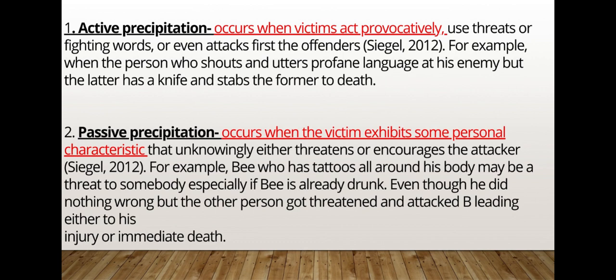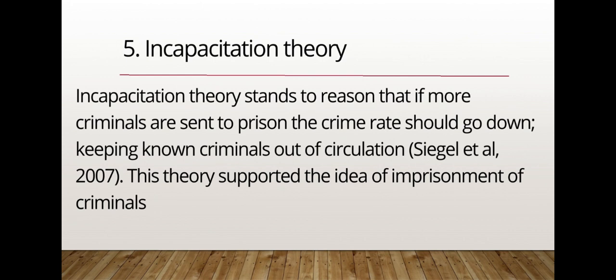Ngayon, anong ginawa ng mga tao na yun? Inunahan na si B, inattack siya. Ibig sabihin, sa pagkakaroon niya ng tato at pagiging lasing niya, nagpakita siya ng personal characteristic na baka delikado siya. Ngayon, ang ginawa ng mga tao is inunahan siya, inatake. Para kasi yung pagkakaroon ng personal characteristic niya is yun yung nag-initiate sa mga tao para gawan siya ng criminal act or illegal act. Okay.